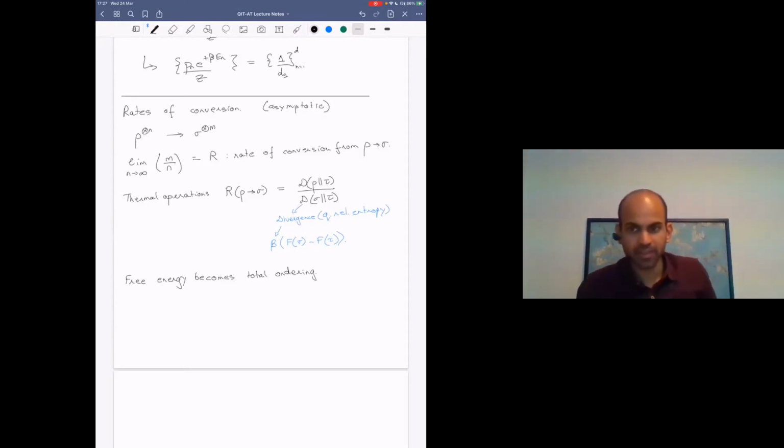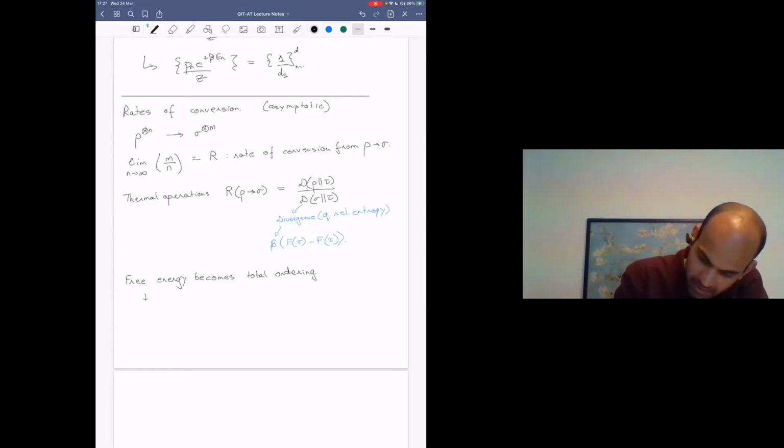Because we are given that we can always go from some copies of rho to some copies of sigma if the free energy of one of them is larger than the free energy of the other. And this in turn is something that you can call, well, this is not itself a currency, but from this you can derive the notion of a currency,